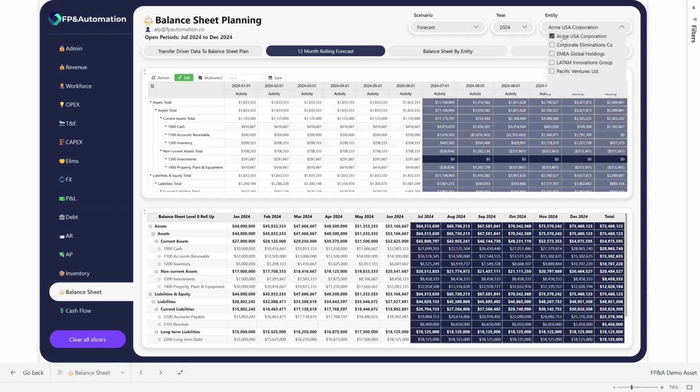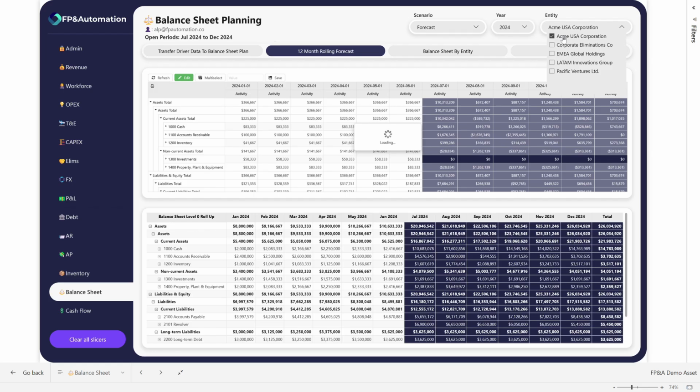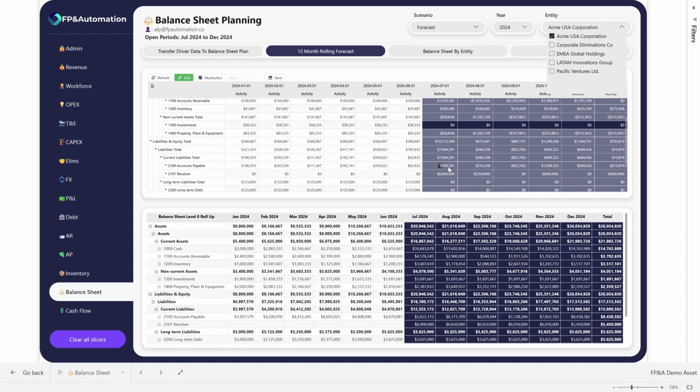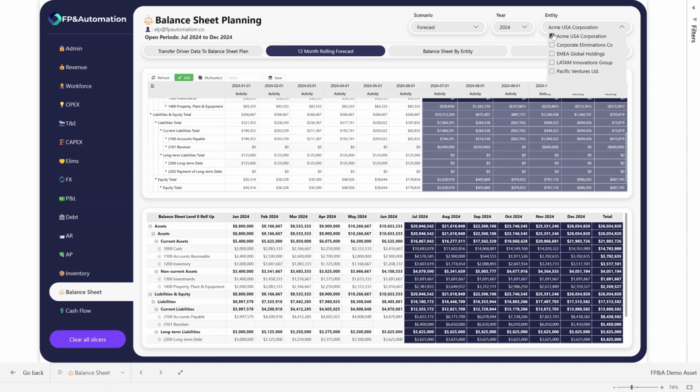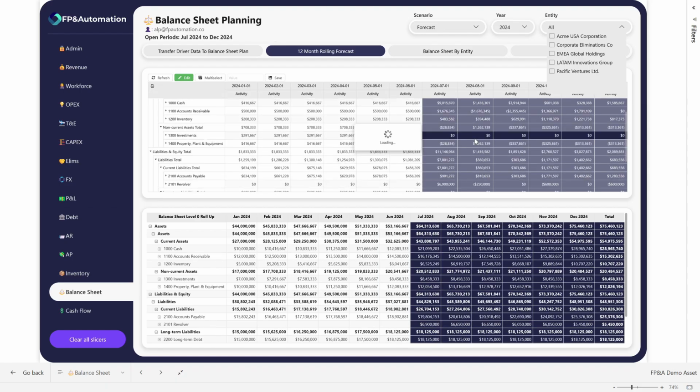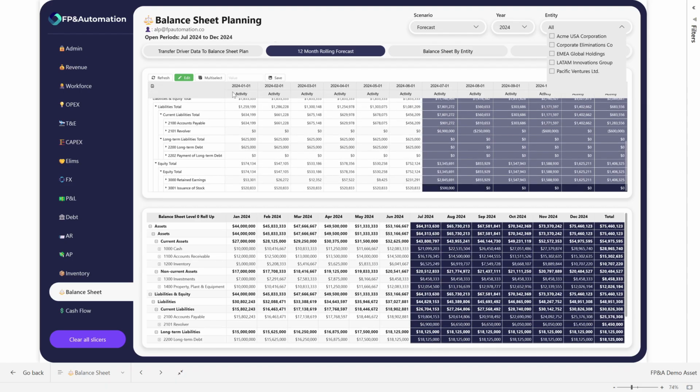Maybe, for example, we want to look at one entity right here and see that entity as well as the balance sheet for that entity and what cash inflows and outflows are looking like over time from a balance perspective. So again, if we went ahead and made an adjustment for investments, let's do that again. We're going to issue more stock. Let's say, for example, that we're going to be issuing roughly about $1 million in stock